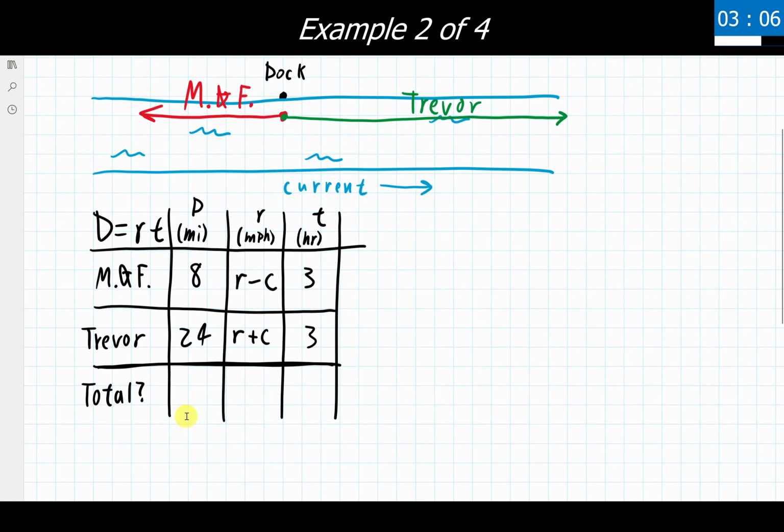I've not been told or asked anything about a total distance traveled, a total speed, or a total time, so we can just cross those out as ones that we aren't going to be using for this problem. That's fine. That does still show up with these problems. We just list that row in there in case it's going to show up. And now I can look at this problem and say, let's make some equations out of this, just like we did in the past. So we'll write those in right here.